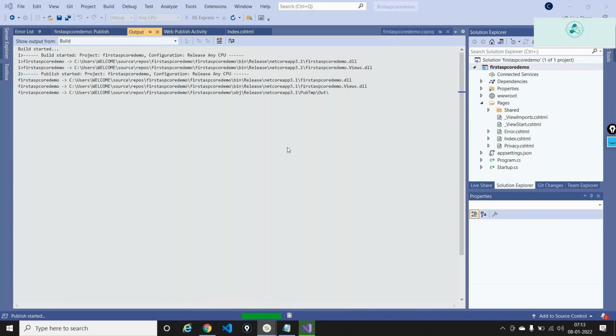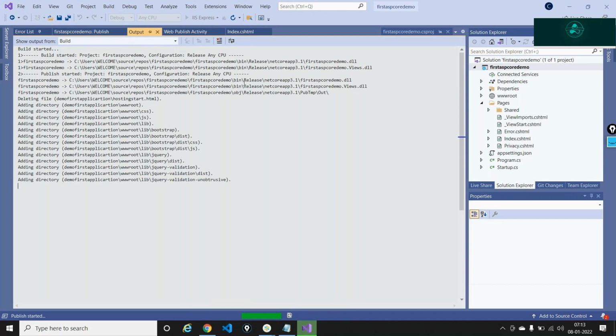Okay, so let's observe the process then. The build started, the publishing also started, and now it's converting all my files into DLL. It's adding all the files into the demo first application, into something known as wwwroot.